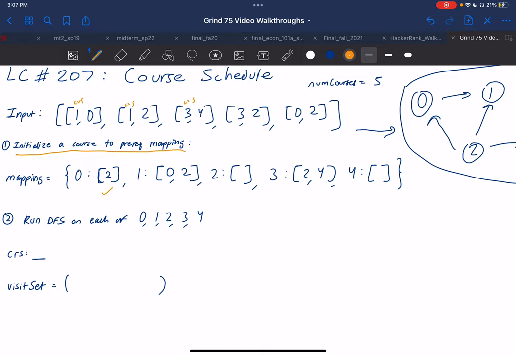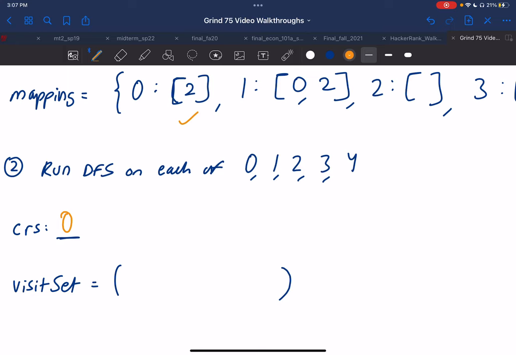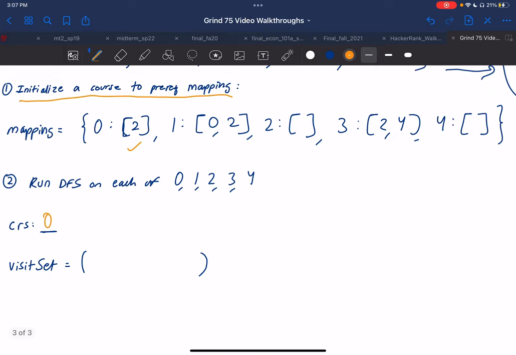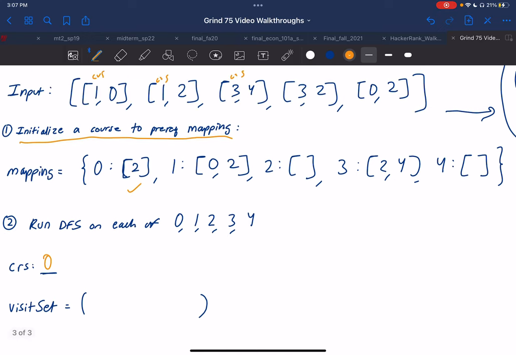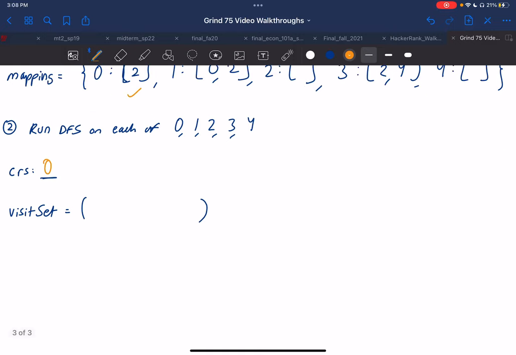And now we run DFS on each of the courses. So let's start at course 0, right? Starting at course 0, we check for two things. Is it in the visit set? No, because we just started, so that's good. And does it have a prereq? According to the mapping, yes, it has this prereq of 2, right? So this means we can't exit out of the algorithm quite yet. So what we do is we add 0 to the visit set,